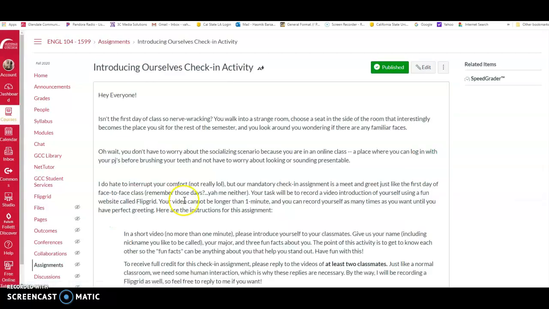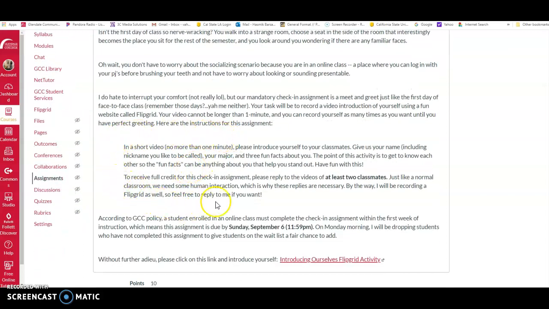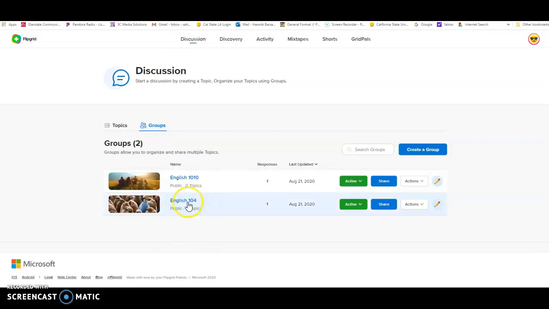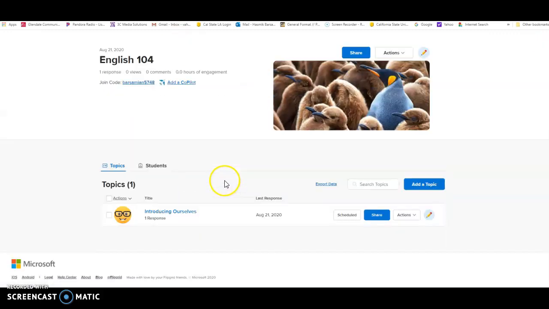It'll take us to our assignment page, and I have a little intro here, and here are the instructions. Essentially, I'm going to have you read the instructions on your own, but basically you're going to click on this link and record yourself introducing yourself to the rest of the class. Now, I did record myself, so when I go to my English 104 page, I already have my own Flipgrid up and running. You can watch mine if you would like to, and you can actually respond to these Flipgrids,